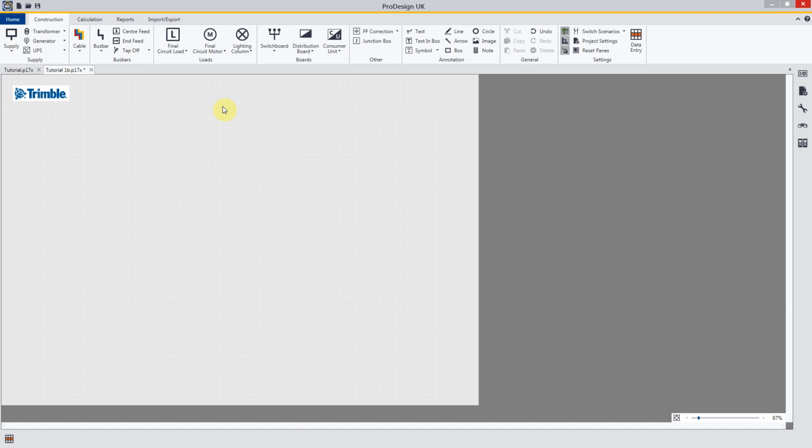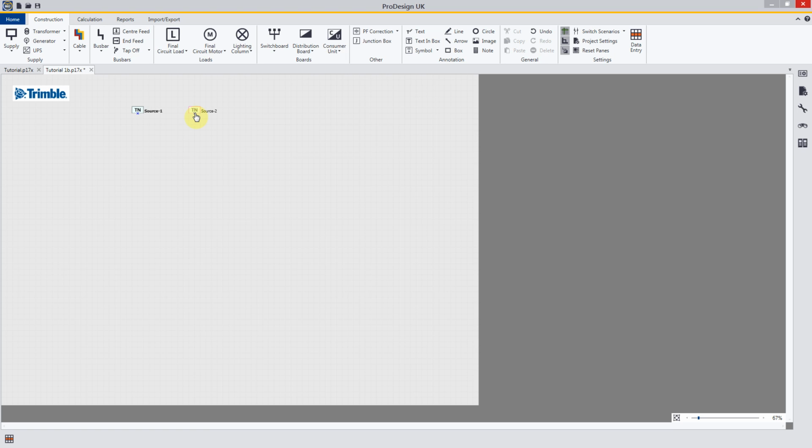To begin our drawing, I'm going to place one or more supplies. The supplies are placed in exactly the same way as the annotation that we placed previously. So I'm going to left click on the supply, drag my mouse to the drawing, and here you will see that it's prompting me for a point of placement. Left click on the drawing to place, and as before, the software is prompting me for second and subsequent placements